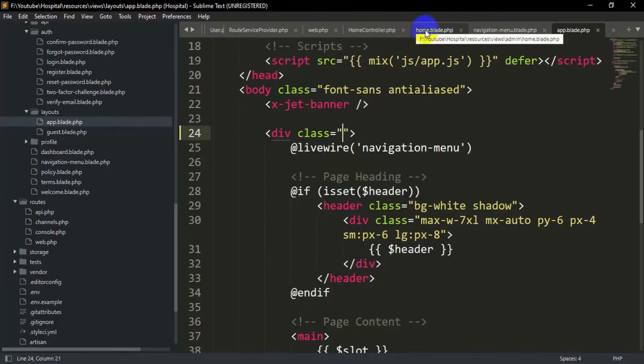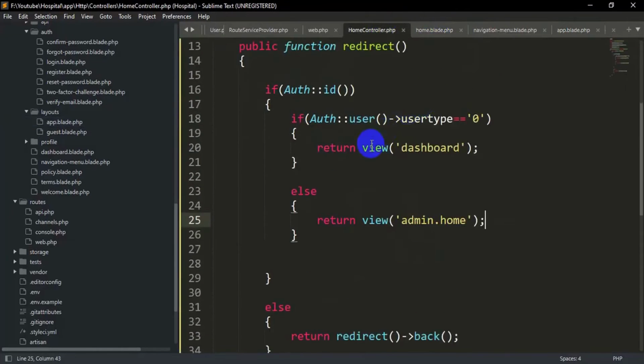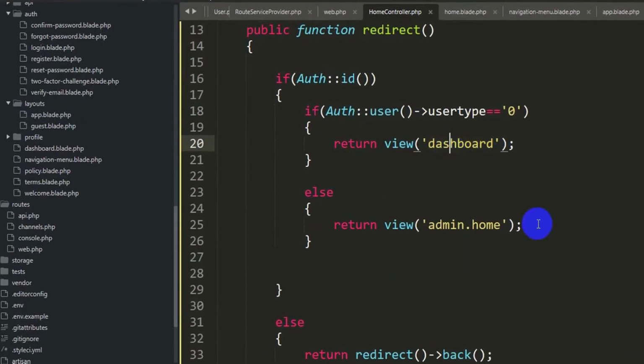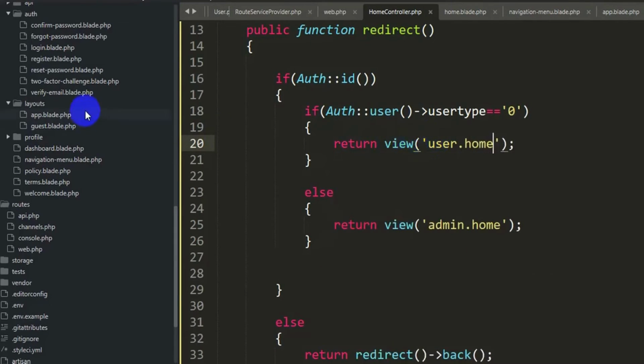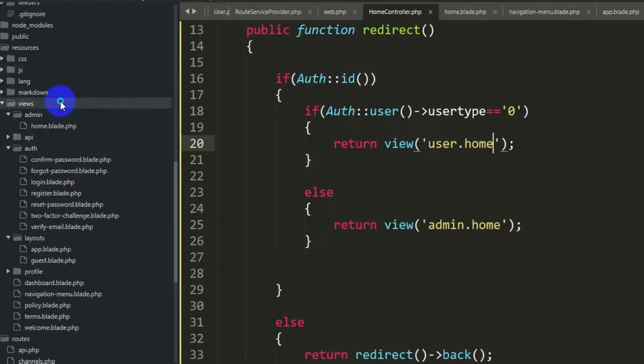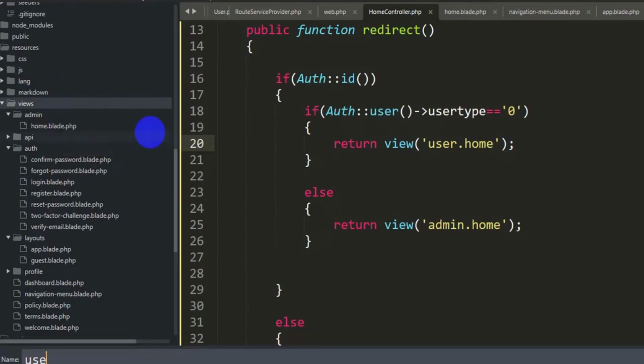Now if you go to our HomeController.php, here you can see you are returning the dashboard view for user. Let me do it the same way that we did for the admin. Instead of dashboard we'll say user.home. So let's go to our views, and inside the views we are going to create another folder. We'll say user,